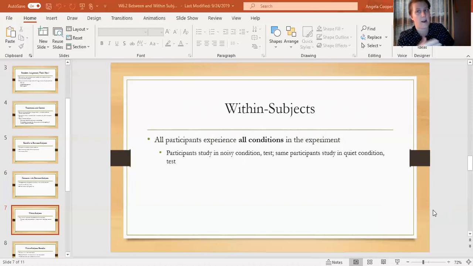So this, whereas between subjects design is where one participant is only in one condition, within subject design is where one participant experiences all the conditions. So every single participant that you have in your study is going to be taking part in all of your conditions. So if you're going to do the noisy and quiet condition test that we've been talking about,